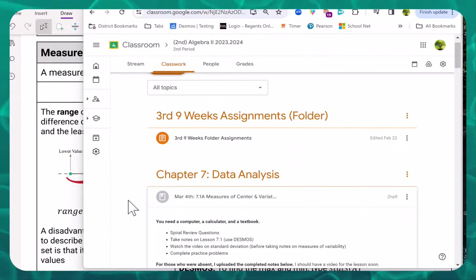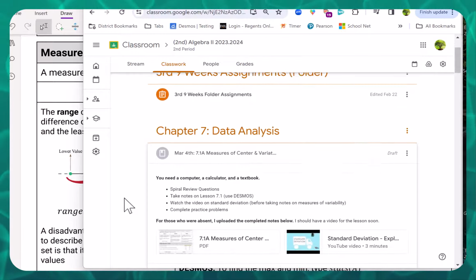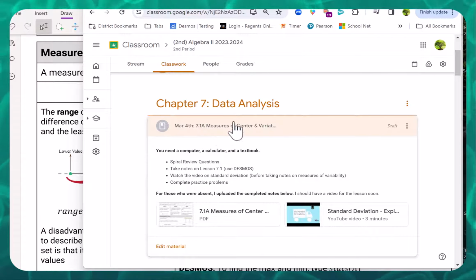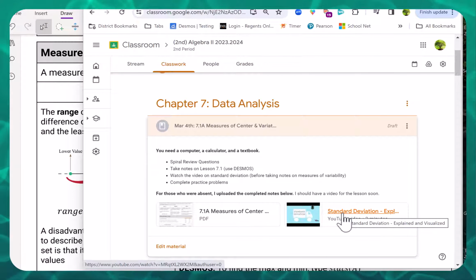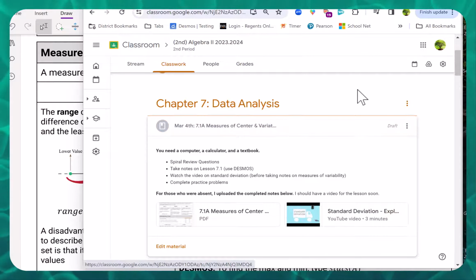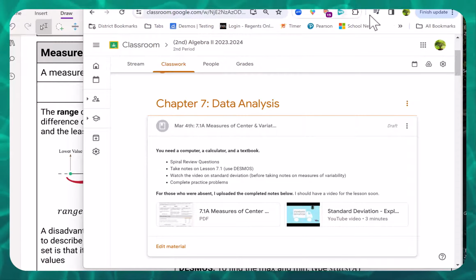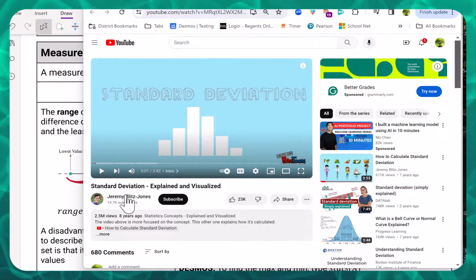Okay, so if you navigate to your Google Classroom, just click on March the 4th or whatever day it is today that you're learning this lesson, and it should be posted right here. Now, if you don't have access to your Google Classroom or if you're not part of the Google Classroom, you can search this on YouTube. And you can just search Standard Deviation Explained and Visualized. It's by Jeremy Blitz Jones, and it's a little less than 4 minutes long. It's a really great video. Go ahead and watch that right now, and then after you're done with that video, let's go back to the